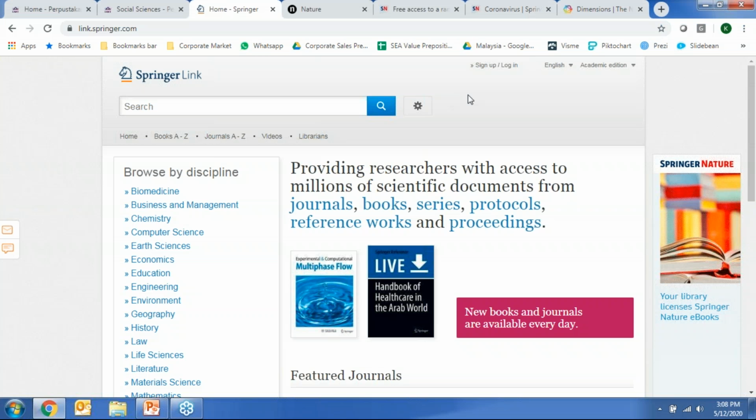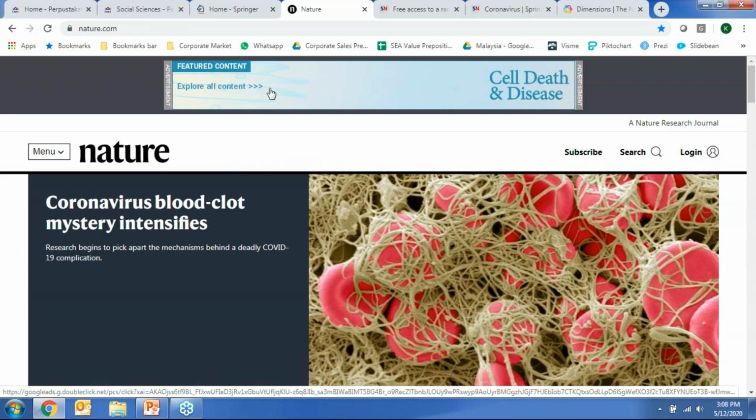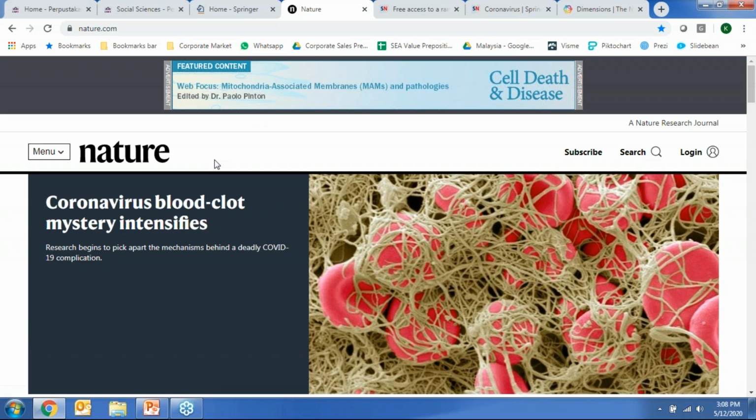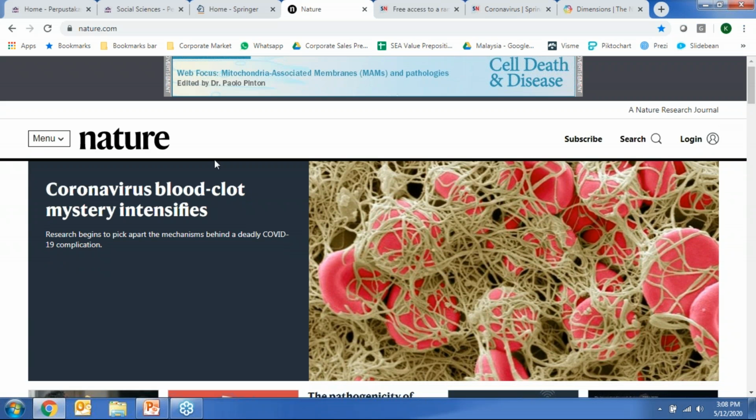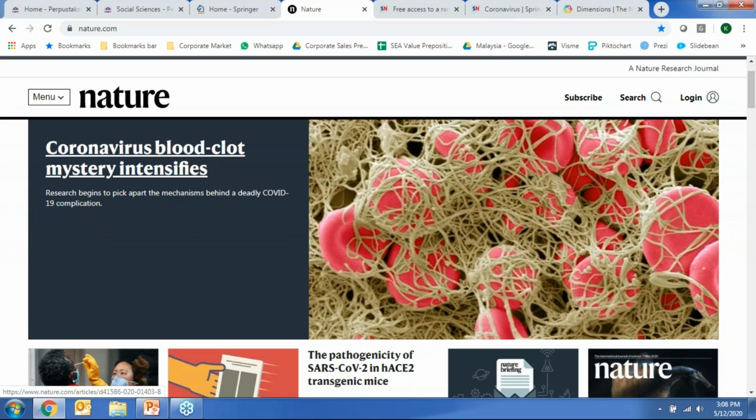So Springer Nature, the namesake says that we are also responsible for the publication of the Nature Journal. So hopefully a lot of you are familiar with this title or this name, this brand. So the Nature Journal is the number one multidisciplinary scientific journal, really high impact factor, and everything that's published in it is highly influential and very fundamental to every single one of us in the world. This particular platform itself, nature.com, is publicly available. But at the moment, Nature is not necessarily subscribed at UMT.